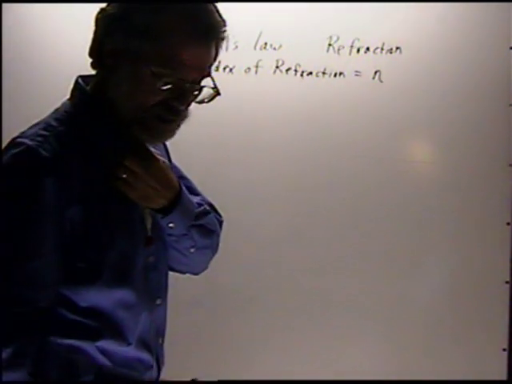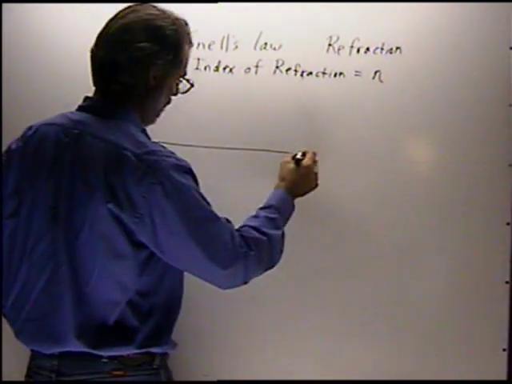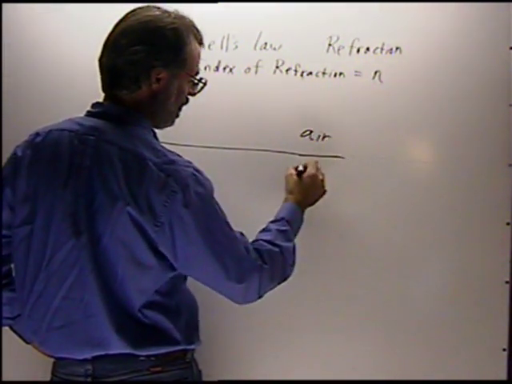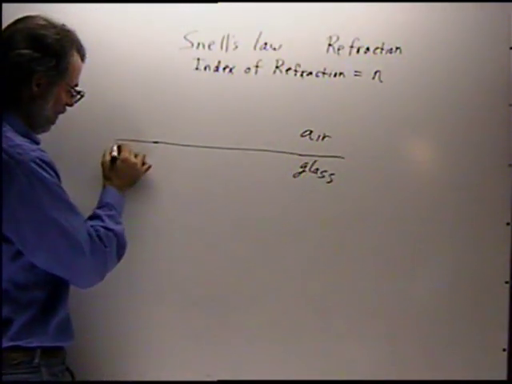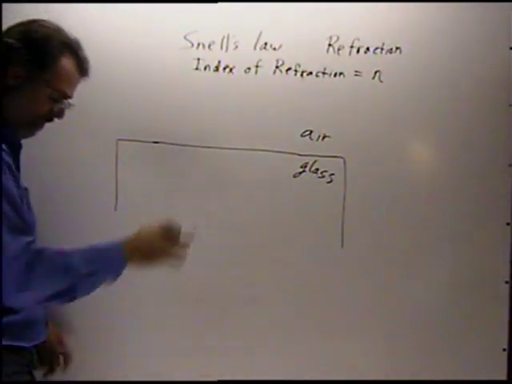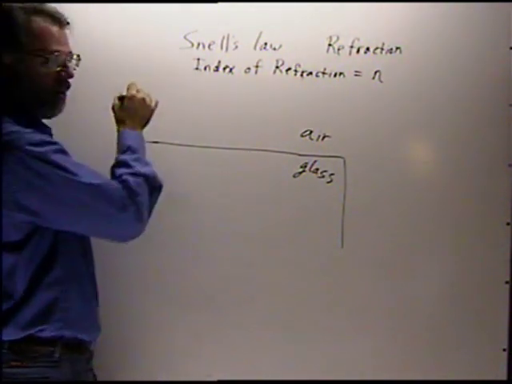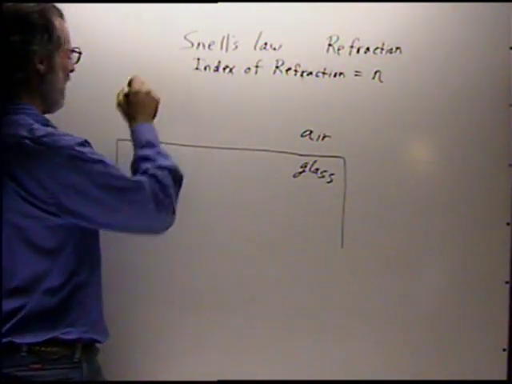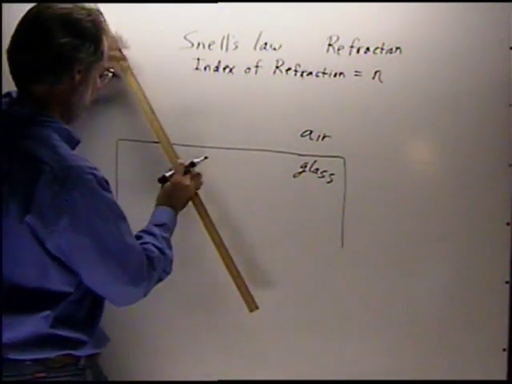Now what happens is if we have a sheet of glass, let's say this is air, and this is glass, and this sheet of glass goes way down, suppose this is a thick sheet of glass down here, okay? And we shoot a laser beam, a ray, that's my dog right over there making noise. If we shoot a ray, a light ray,